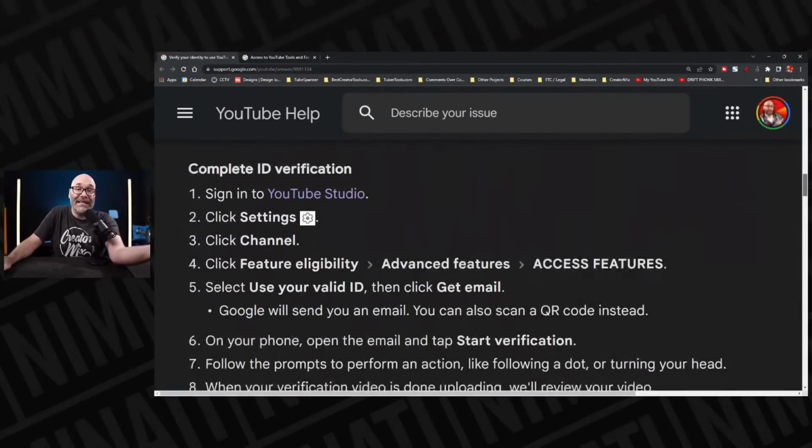Now, on the ID verification, if you want to have the advanced features unlocked, which the community tab is a part of, then in that case, and again, for those of you that are just joining us, YouTube is unlocking a feature for new YouTube channels or small YouTube channels. It's the community tab. And most of you, if you're just joining the stream, because I mentioned this a few minutes ago, are going to have this unlocked already. If you've been uploading videos to YouTube, if you have a history on YouTube, in terms of you're just interacting as a viewer and or a creator, then you have that history, and this is going to unlock for you